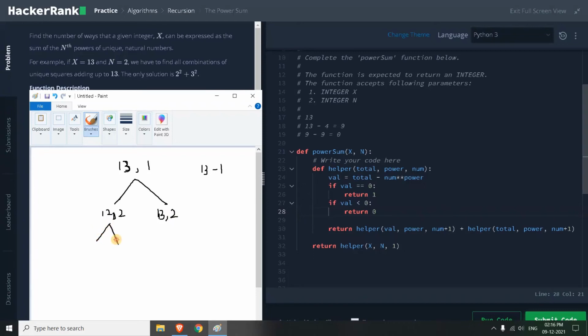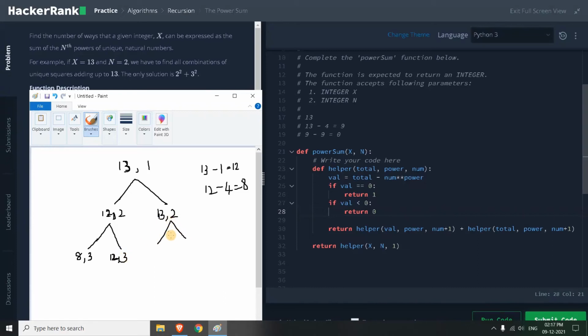Again this will be updated. So the left hand side val will be updated, meaning 2 power 2 is 4. So 12 minus 4 equals 8. So this will be 12, this will be 8 and 3. We are going to the next power, and here it will be 12 and 3.